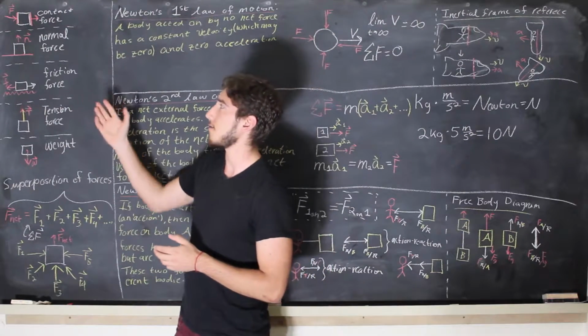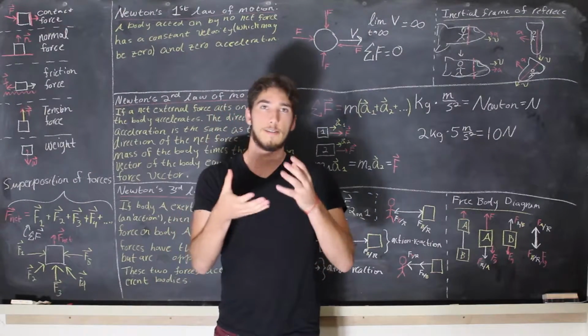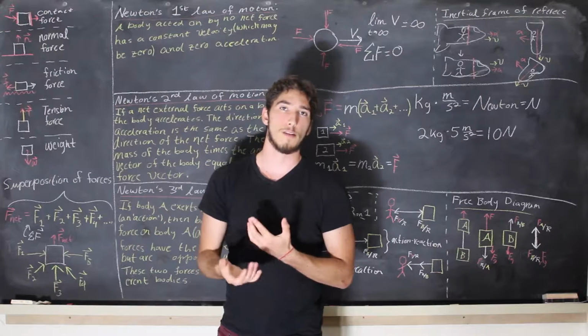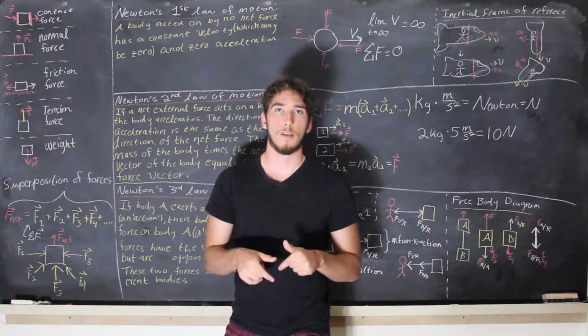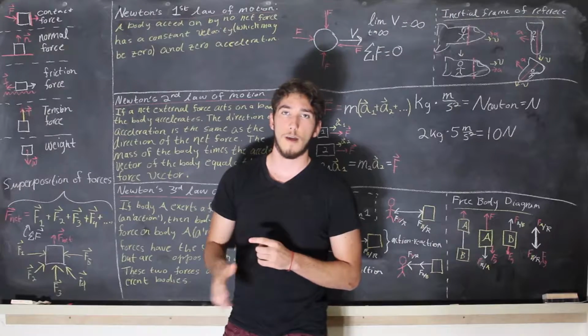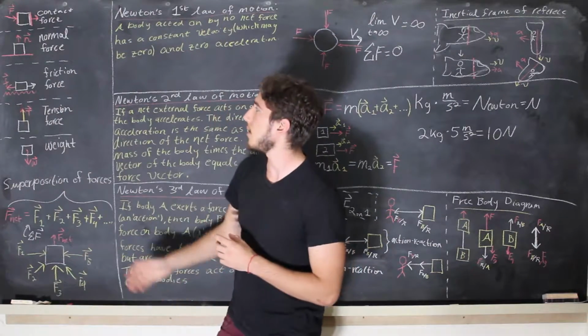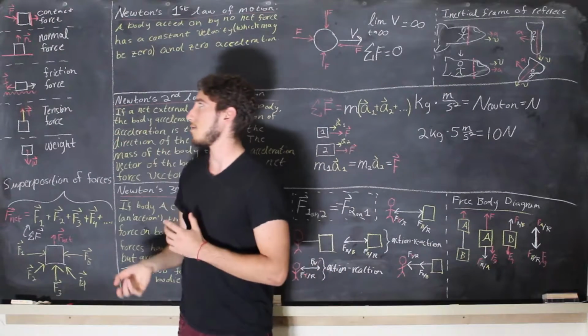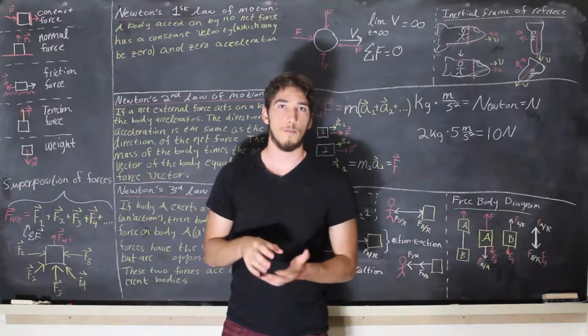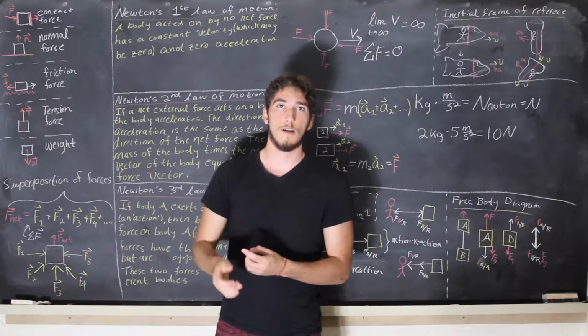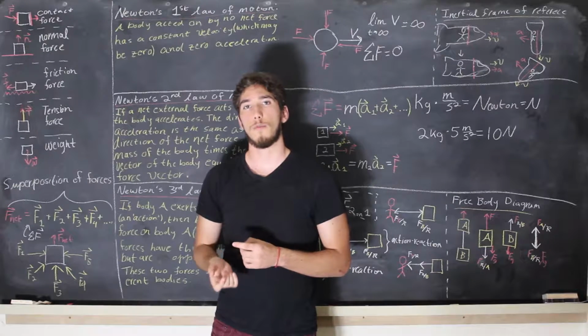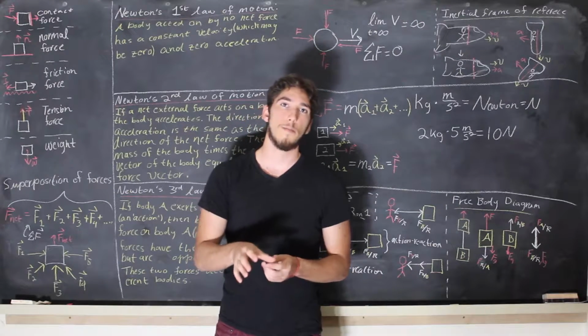The normal force is a force that, if a body is sitting on a surface, then the force the surface exerts on that body is called the normal force, and also this force is perpendicular to the surface. The next force is called the friction force. So if there's a body moving on a surface, then the friction force will be parallel to the motion and